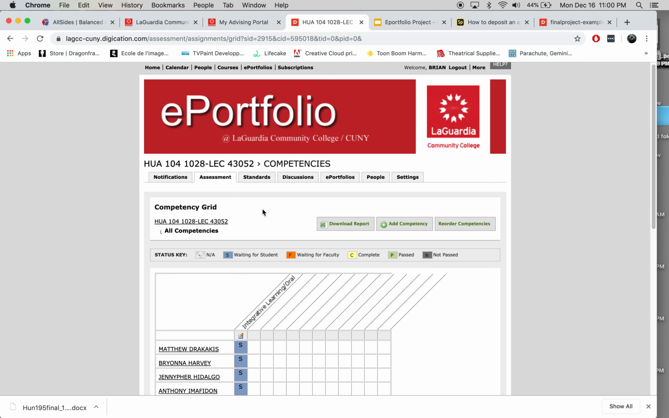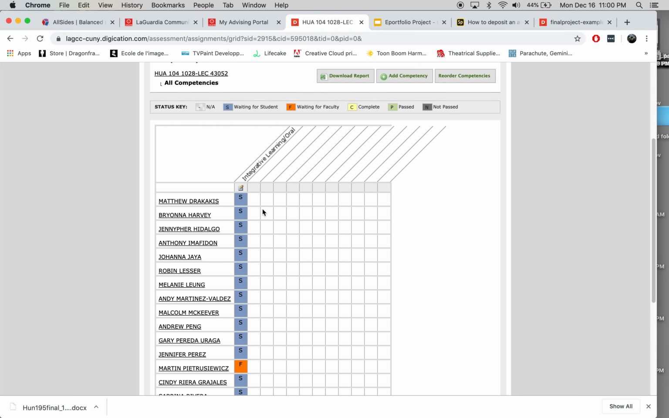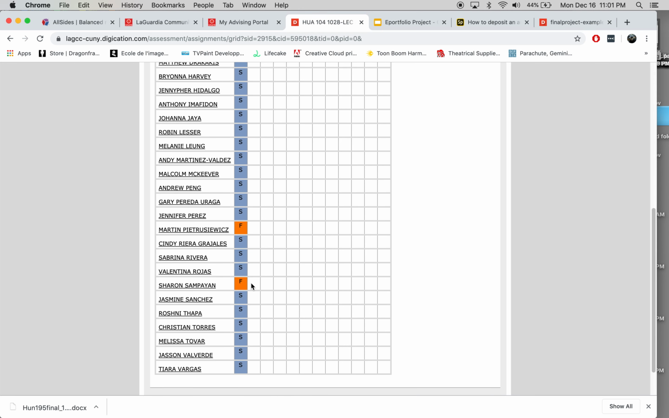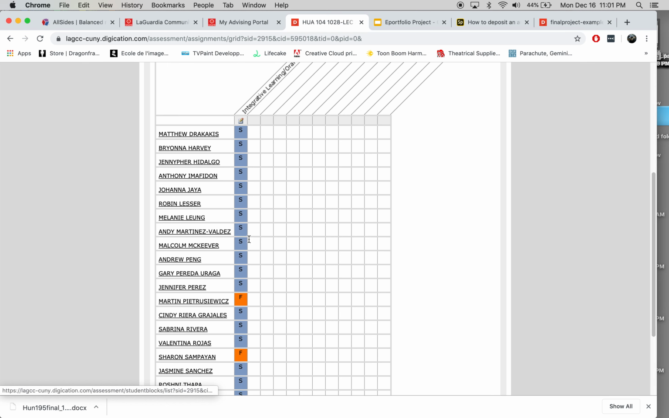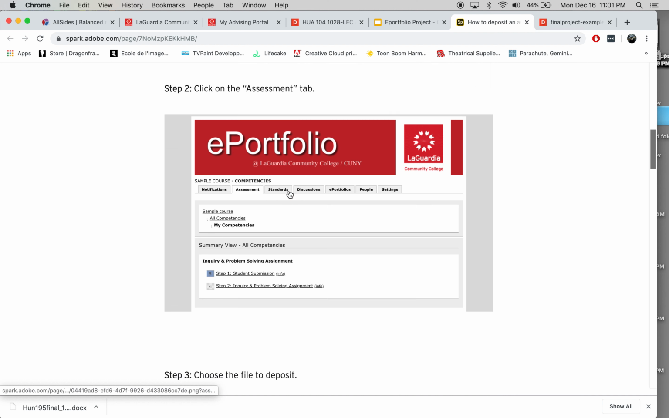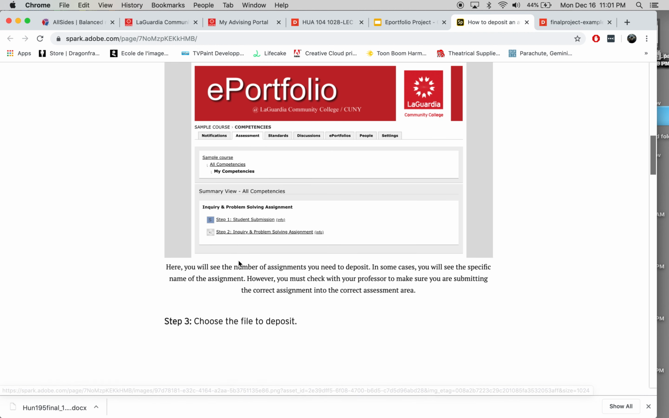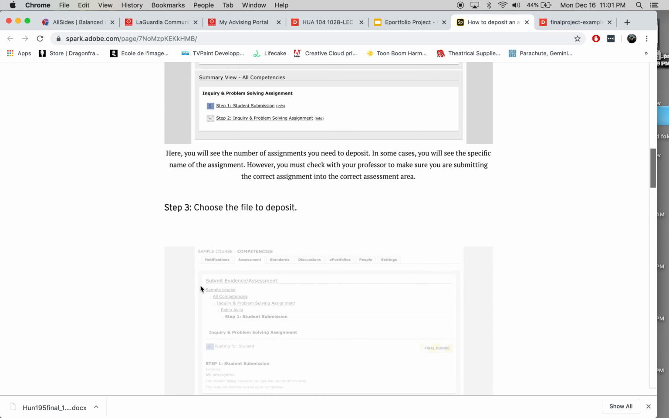and you won't see this because I'm the faculty member. I see who submitted stuff. It looks like Martin and Sharon both submitted theirs. But this is what I want to see. I want to see everyone with this little orange F next to them. So what you're going to do is when you click on that tab, you'll see something like this. And you'll just click on student submissions,